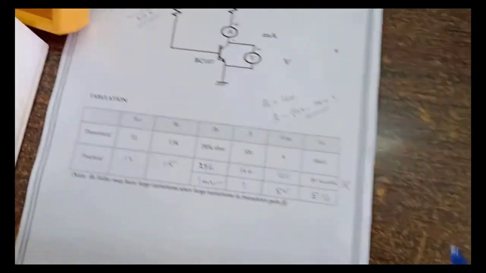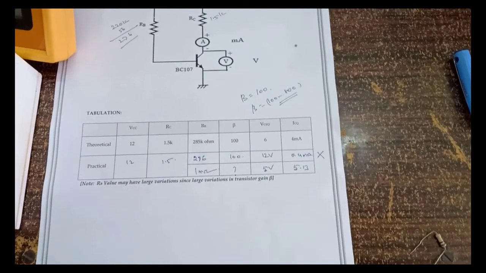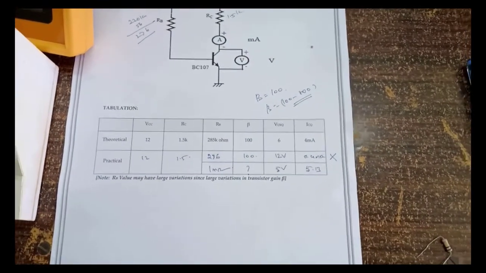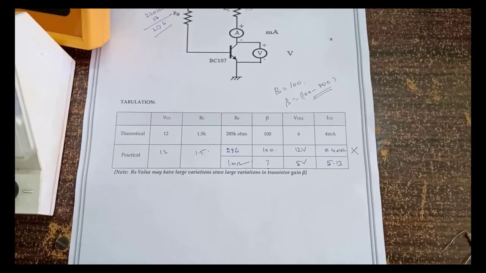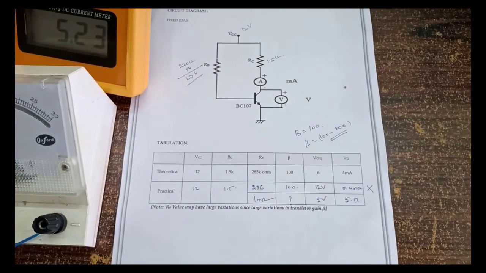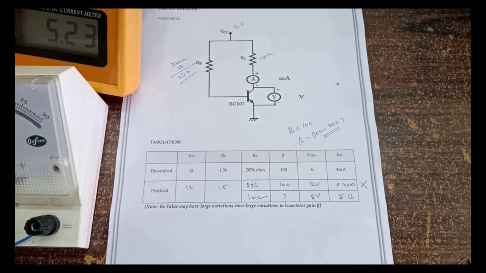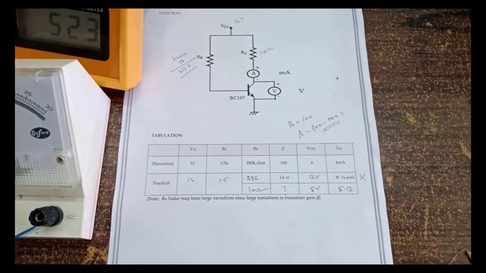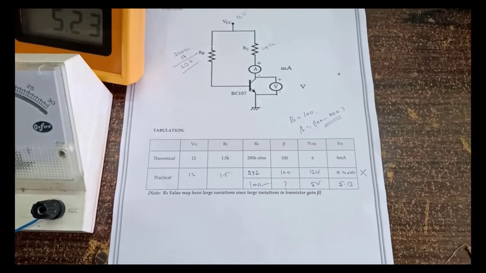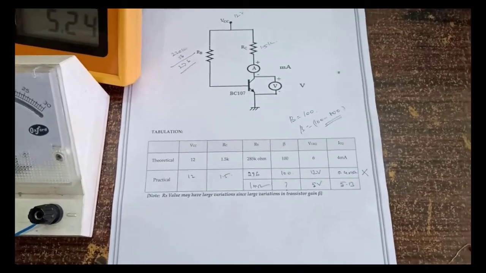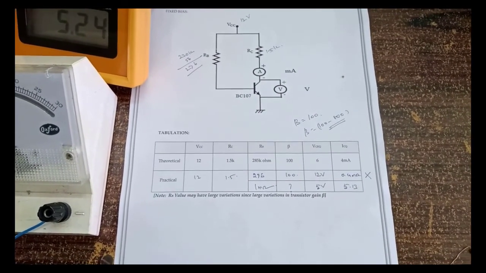Why is our design not correct? For a base bias, it has poor stability. If the transistor varies for different values of beta, the operating point varies. For that reason, we are going to move to the next biasing circuit, potential divider bias. In that circuit we need not change the devices, and the operating point is not shifted. As per our design, the operating point will operate. So next we move to the potential divider bias.